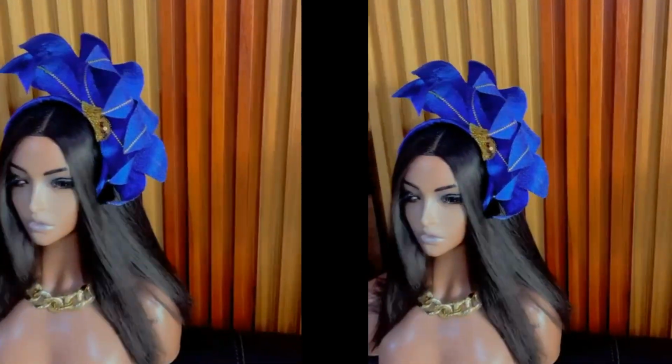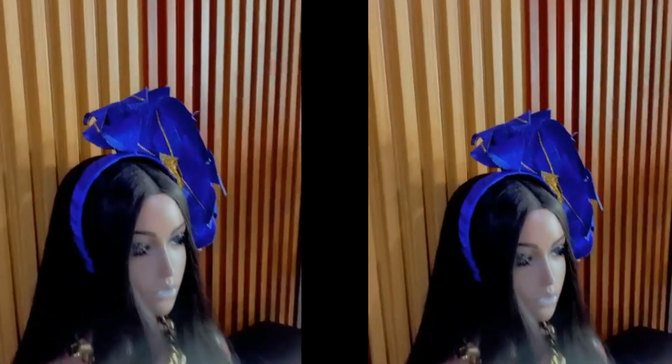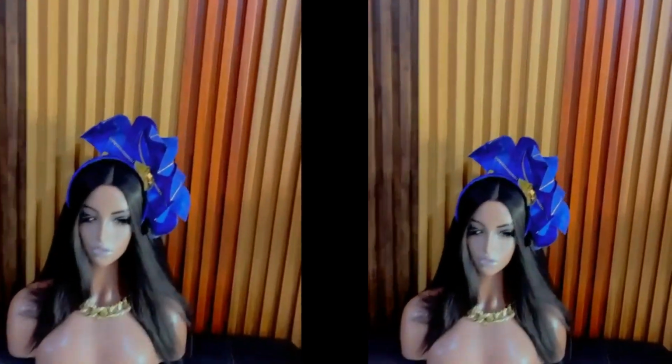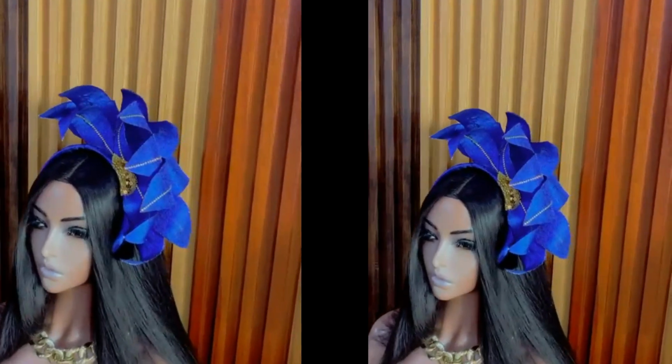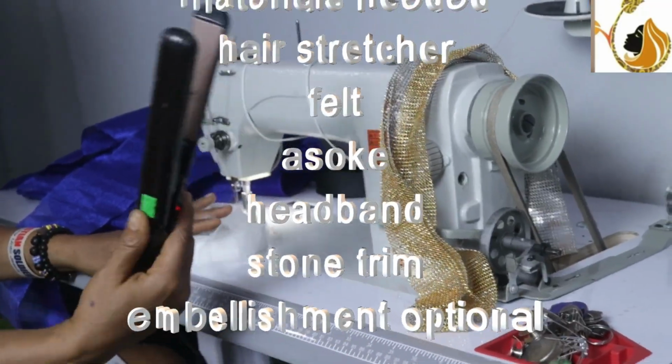If you would like to see how I made this beautiful headpiece, I will ask that you stay tuned so that you can see the processes and measurements and everything that is needed for you to do your own